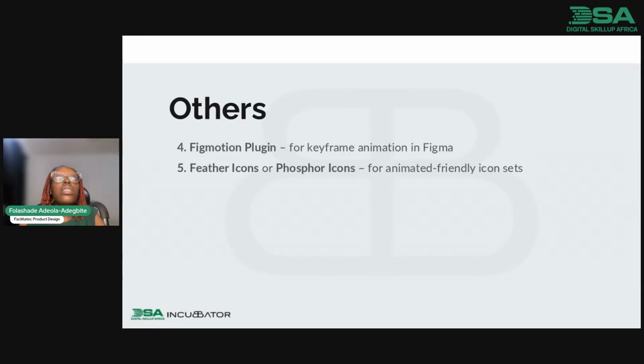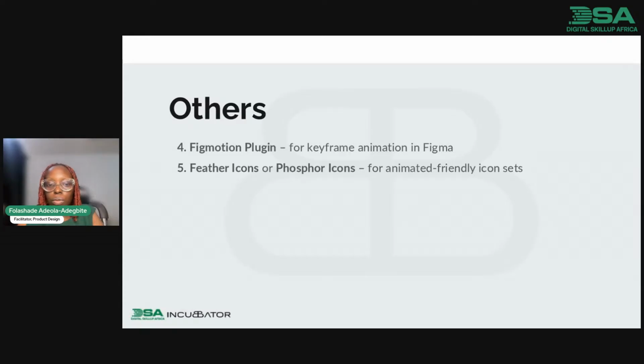you don't need to start, what's the word, start stressing yourself and say you want to go on to After Effects to learn. Learning After Effects is another learning on its own again. But there are already resources and plugins that you can use and tweak to what you want to build without having to start doing something that will take you 3 days or 4 days. You already have access to it. So it's very, very important.